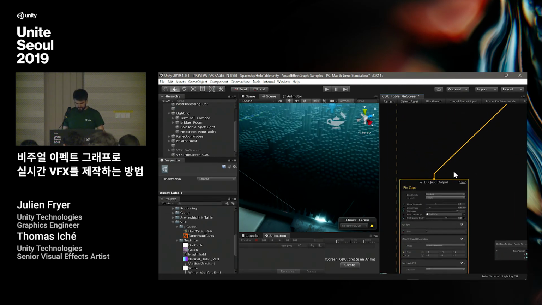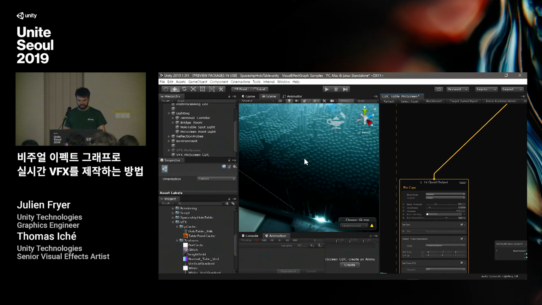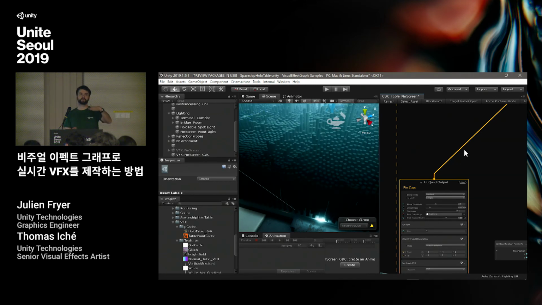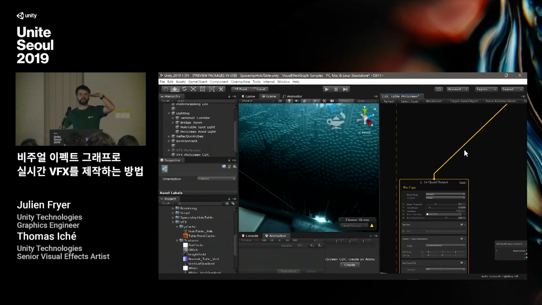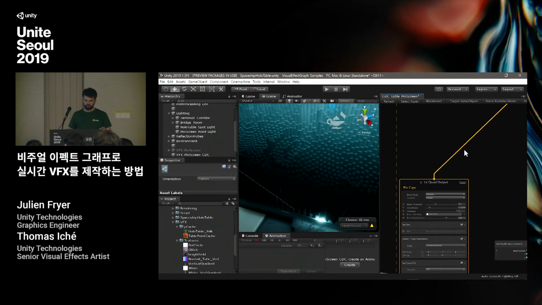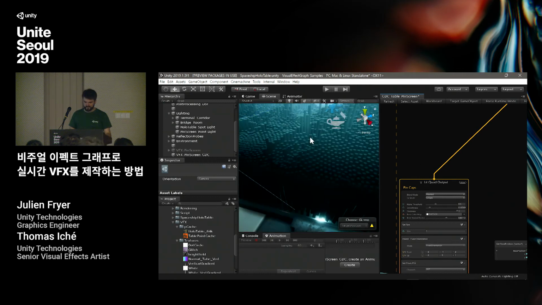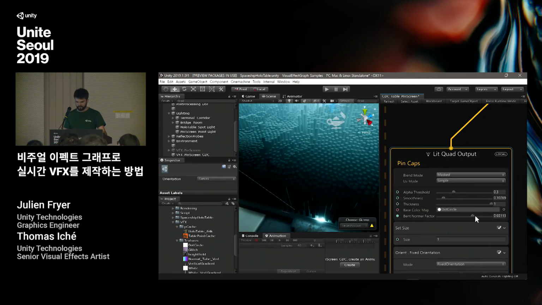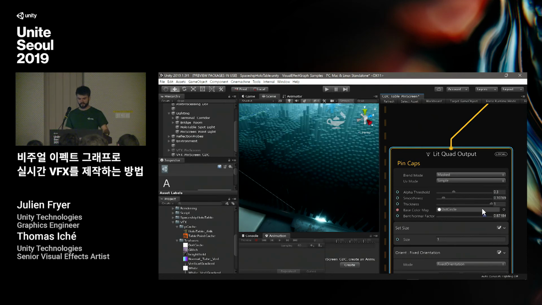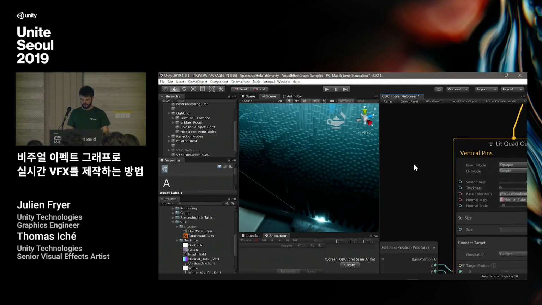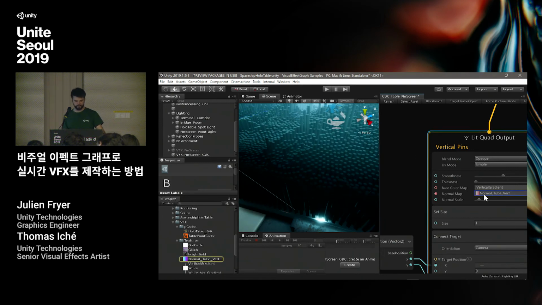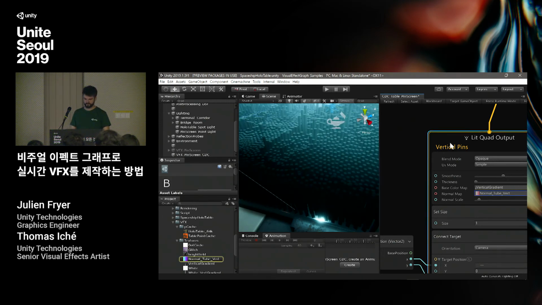And we have another quad that is actually the pin's cap, and basically it will terminate the pin at the top. And in order to make this rounded effect, we just used procedural normal bending for the pin's cap. And in order to bend the cylinder's body, we used a simple 1D normal map, one directional.